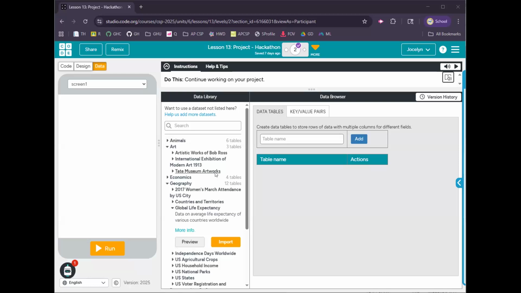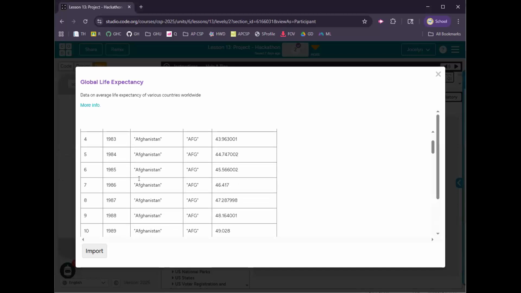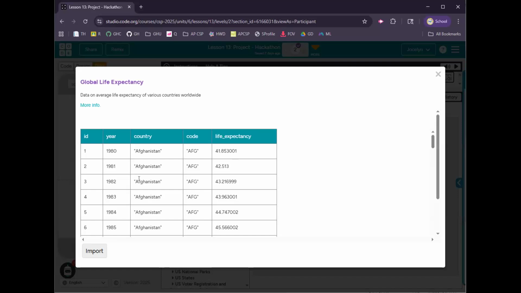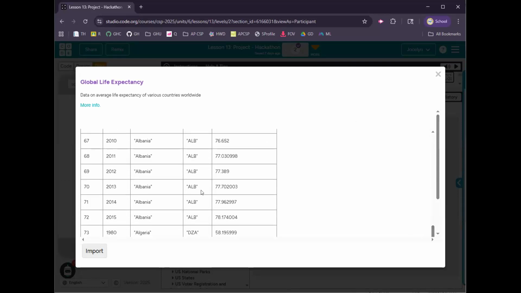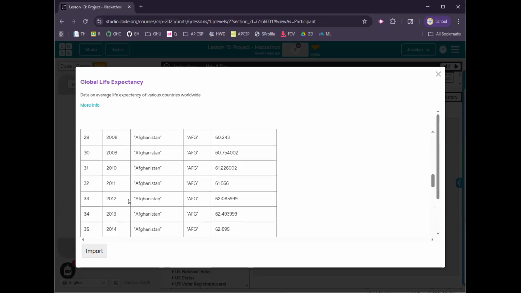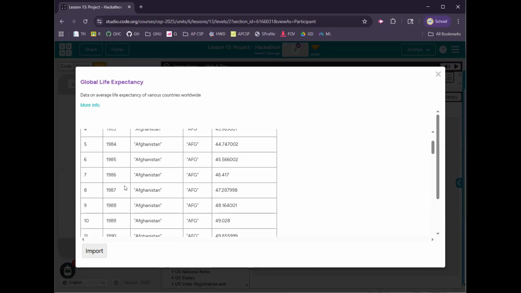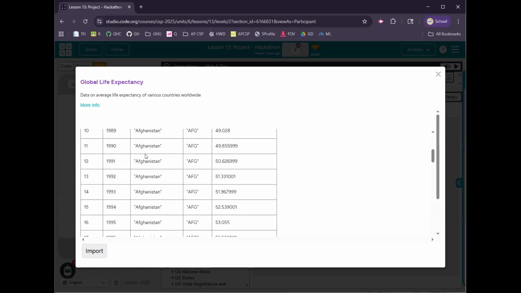So to begin, you need to pick a table. I'm going to go ahead and pick the life expectancy table. I've looked around, and this shows the average life expectancy for many, many countries. It's bigger than lists here. But what I noticed is that it shows the life expectancy in many different years, and so that's why